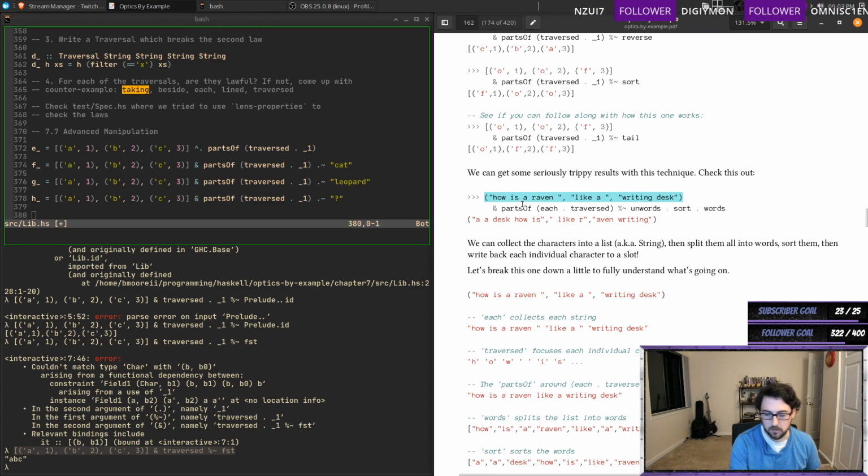So the way we were handling some of the stuff was more useful. Although the lens stuff might help with the way we have all the records. I don't know yet. Okay, so anyway, each traversed means, I think we're going to focus on the string, and